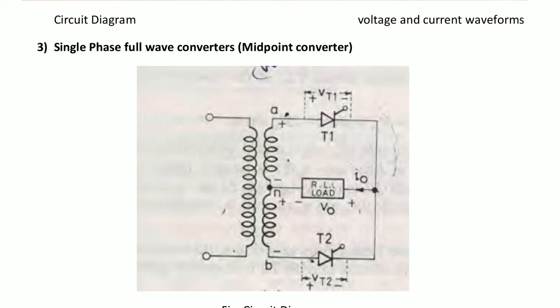So during both the half cycles, the direction of current will be the same, that is from the right side of the load to the left side of the load. The current will flow from right to left. This is the same direction for both the half cycles, that is positive and negative half cycles. So it is called a full wave converter. That means we are getting output voltage for both the half cycles. We can understand the complete working principle of the circuit from the waveform. Since it is a full wave converter, we are using two SCRs, that is T1 and T2.